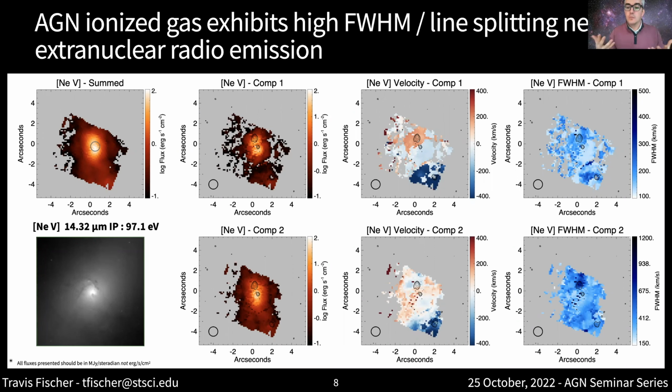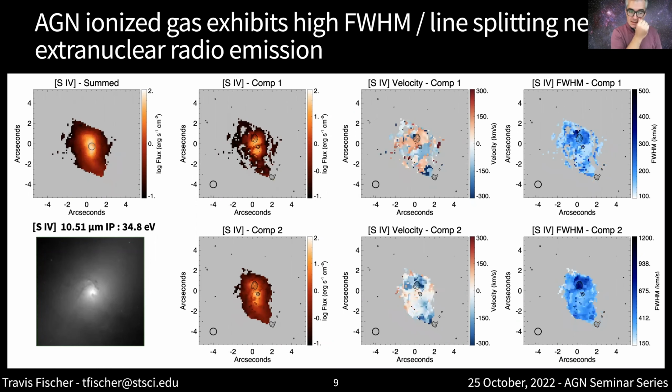So the interpretation of what's happening here is you have winds that are going red shifted and blue shifted away from the nucleus. That's the bright gas in component 1. And as they're traveling outward, they're running into that lane that we can see from the continuum imaging and starting to split. You have the majority of the red shifted outflows still working, but there's a splitting happening here where you have a blue shifted wind that's pushed up away from the winds that are running into that lane.